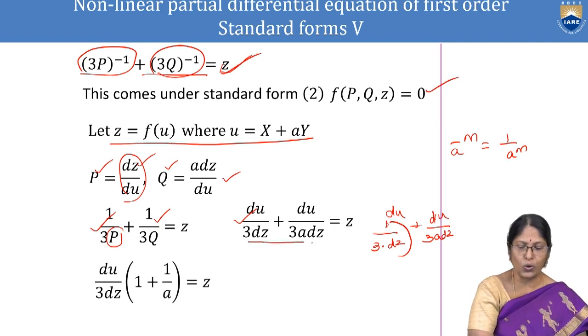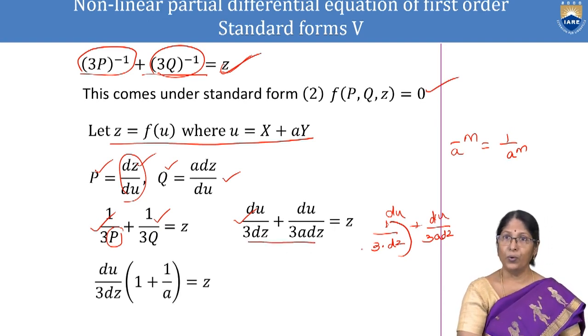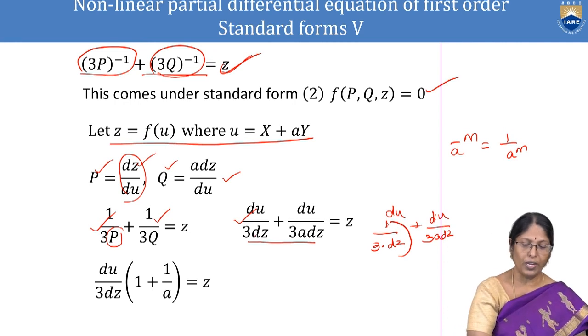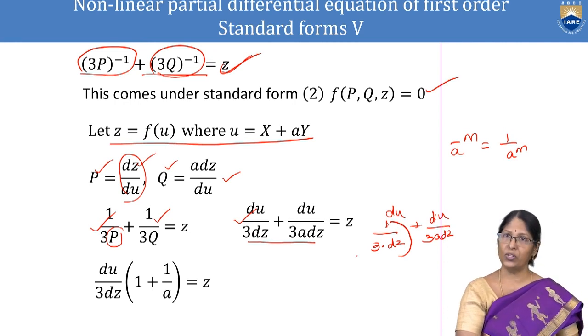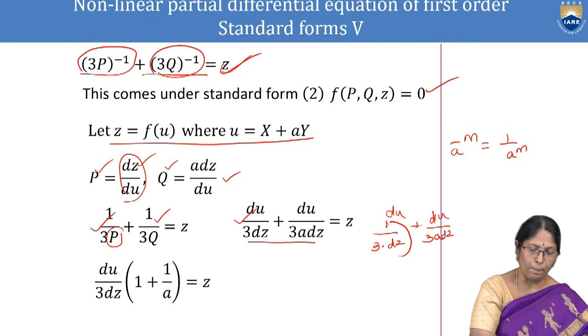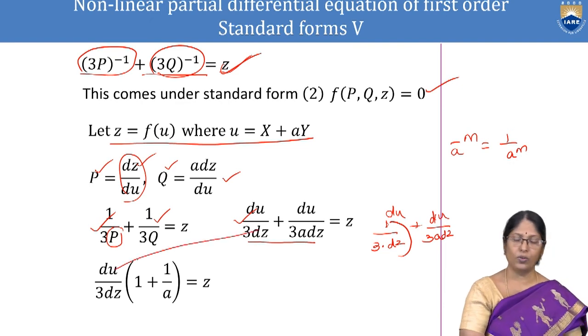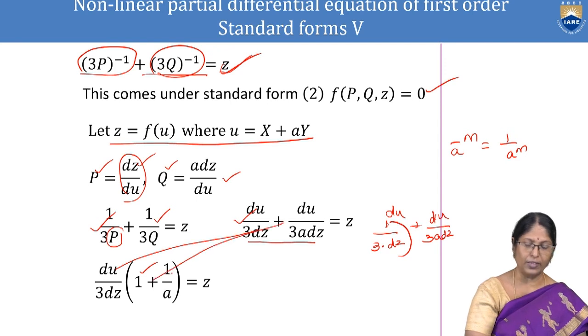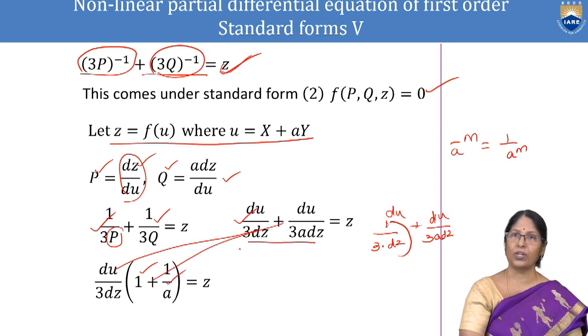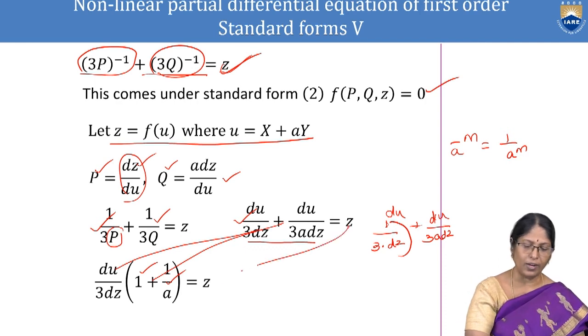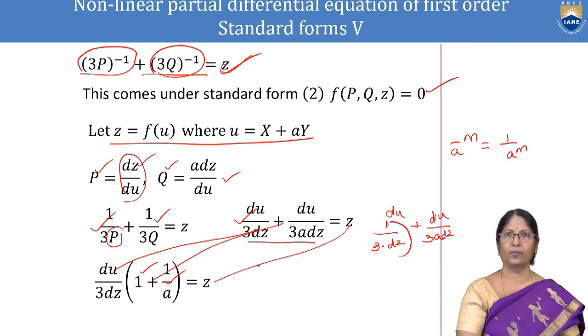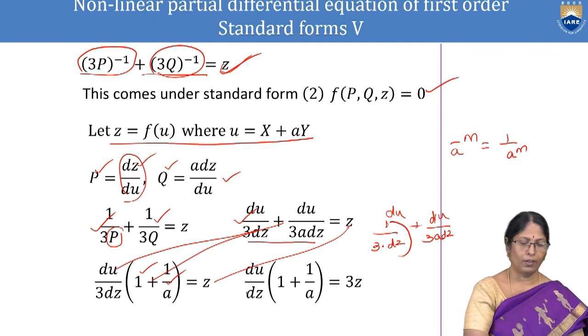In these two terms, if you notice, du into 3dz is common, so completely it has come out. 1 is there and plus it is there. The balance is 1 by a, which is put here, and z is written as it is. So now